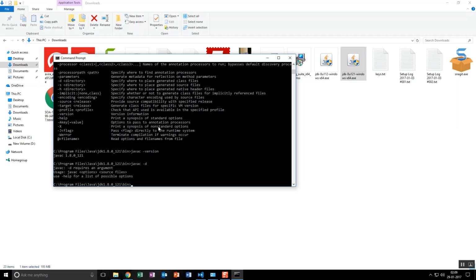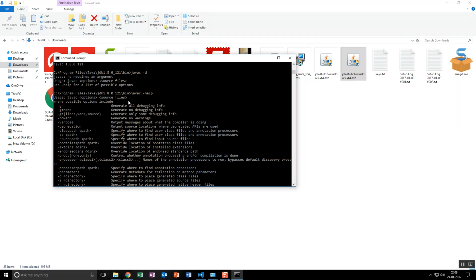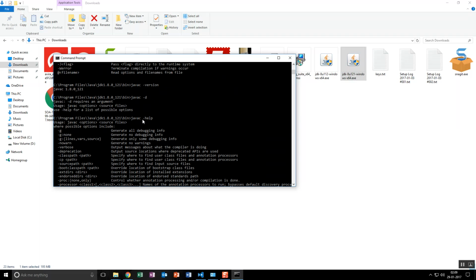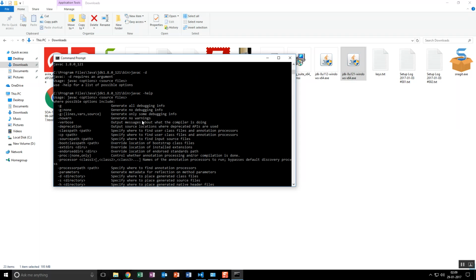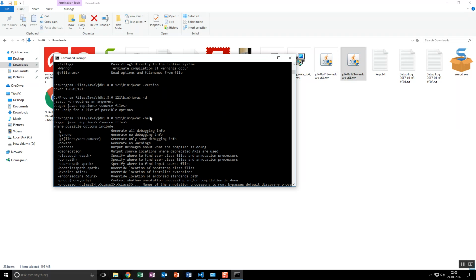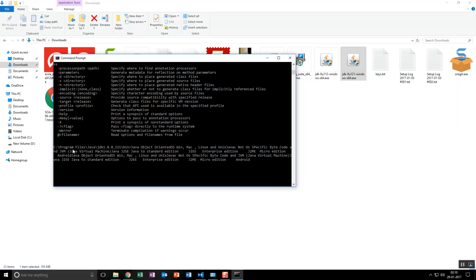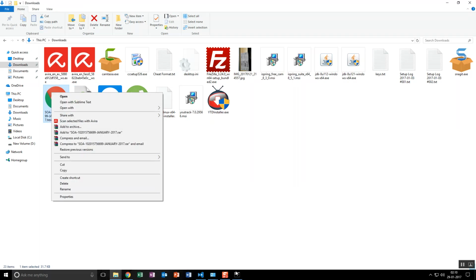If you want help, javac -help. The help output is automatically generated when you type javac -help. Okay, so this is the help command. By default it is trying, and that is the reason we found that. Now what we'll do is copy this path. There are two options. Okay, I think just typing here.